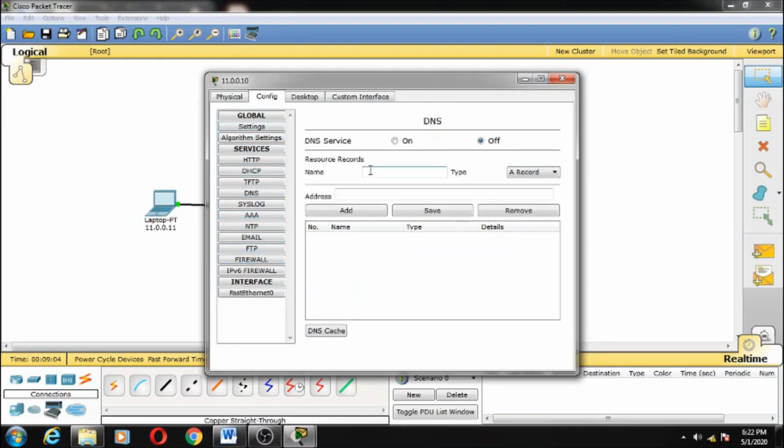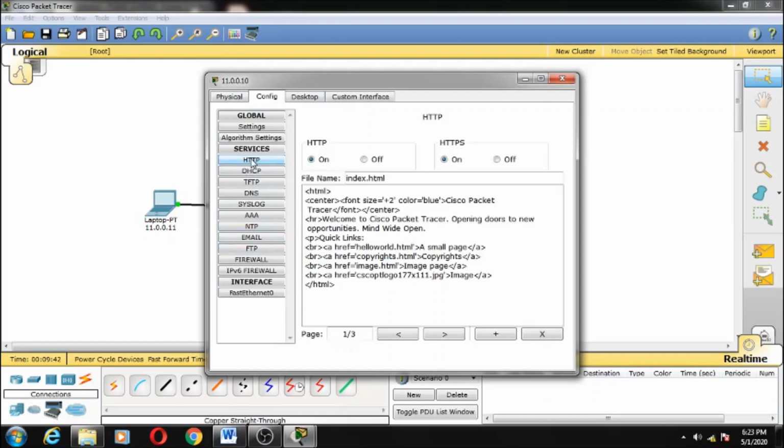So let's go to DNS and type in the web address, which is www.mywebsite.com, and let's give the address of this website, which will be the address of the DNS server itself, which is 11.0.0.10, and then click on add. Now you can see the name, and in details you can see the address also. Let's turn on the DNS server now by clicking the on button.